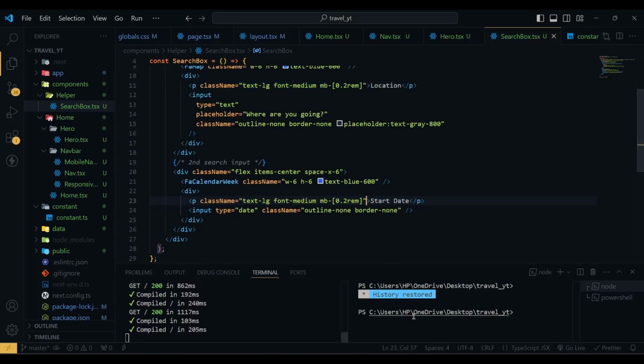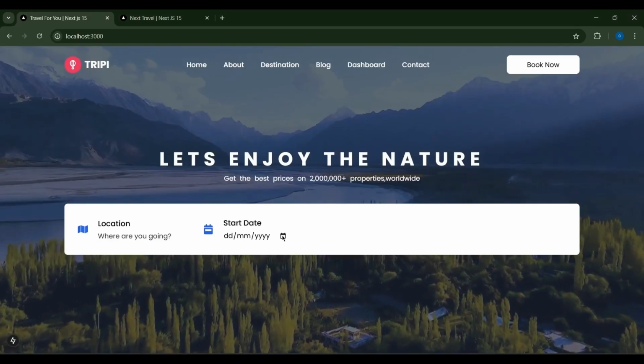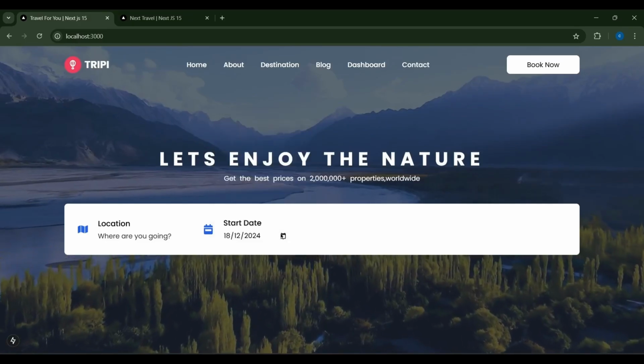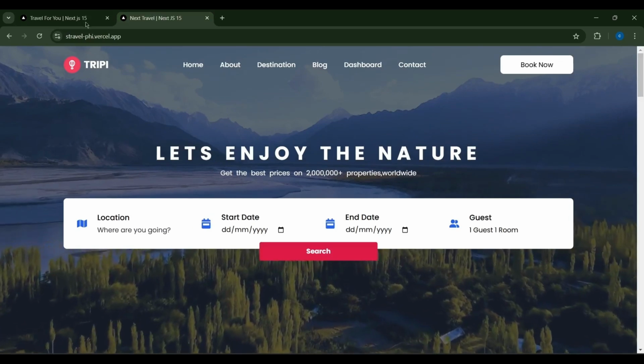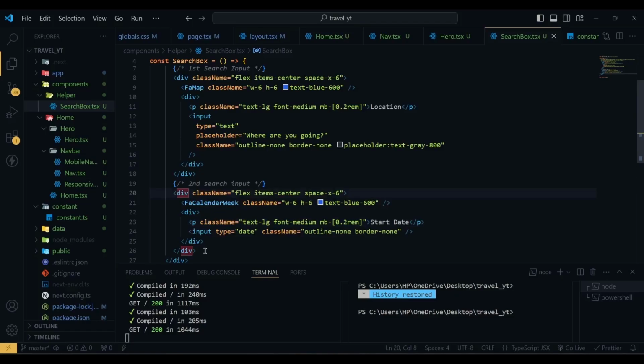Now if I hit save, here you can see we have the start date, and by clicking this you can have this calendar to select any date, which is awesome. It's just like this one. Then we have this end date. So I'm going to copy this one,